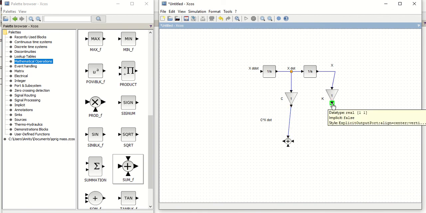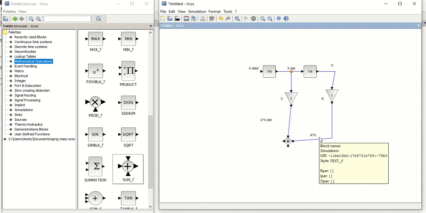Now connecting this to this, and we can write here. Then here we are adding k multiplied by x. So here we are having c dx by dt plus k into x.